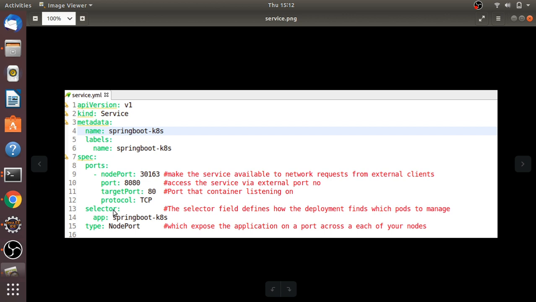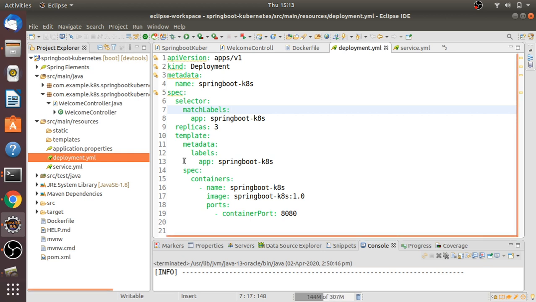This selector will select the pods. We have Spring Boot Kubernetes, and this should match the label name. And the last one is type, what type of service you are going to provide, that is node port, which exposes the application on the port across each of your nodes. So this is how the service.yaml file will look. I hope you guys got it. Now I'm going to create the deployment and services by using these two